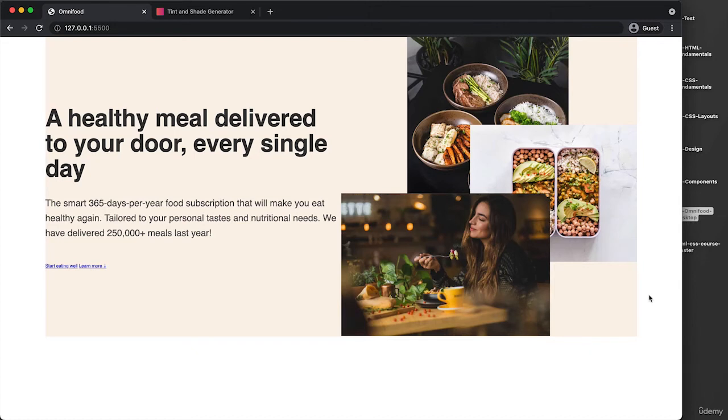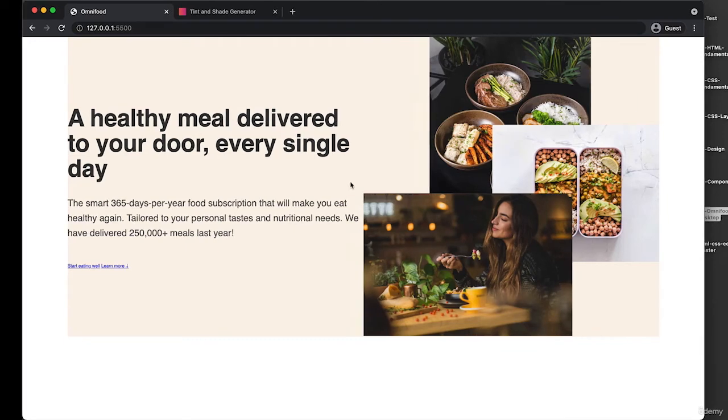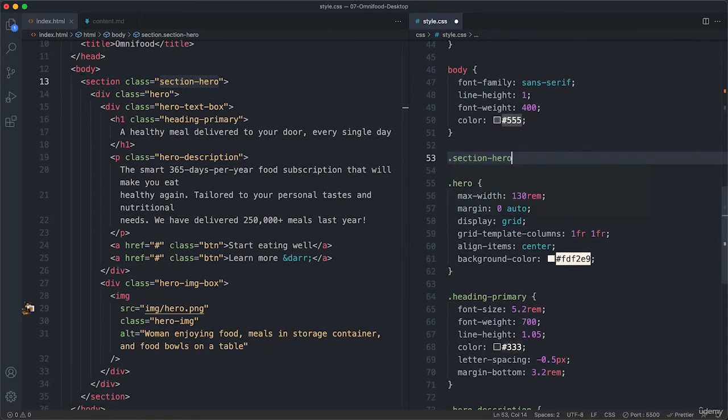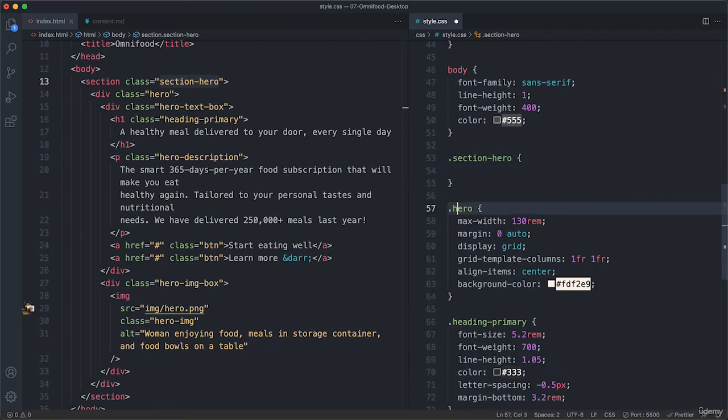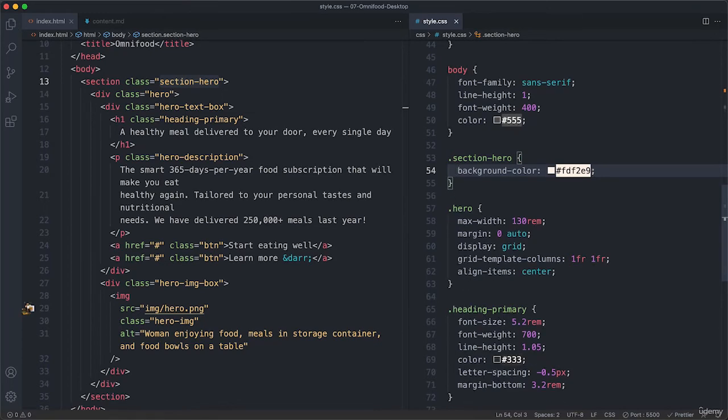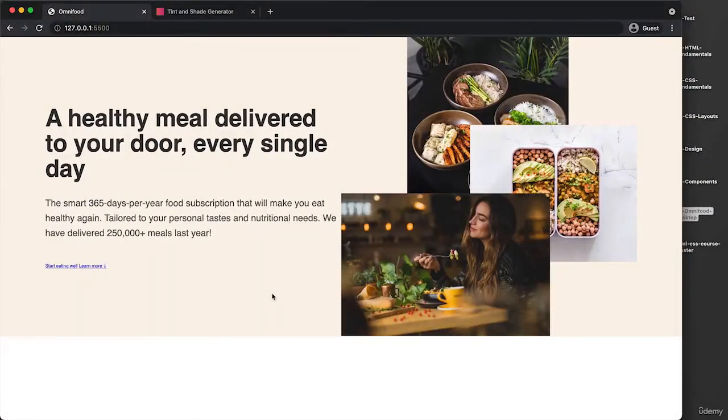And so here we have actually one more reason why we needed this hero container element inside of the hero section. So, or actually the section hero. So let's move that up here by hitting Alt or Option up, give it a save,